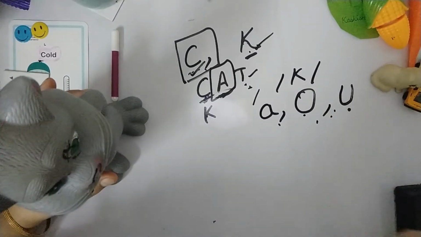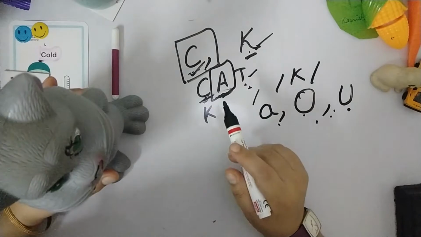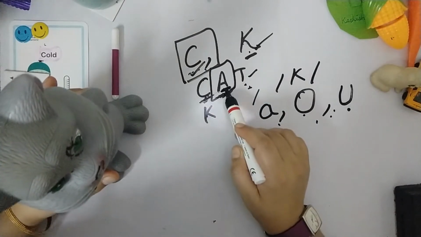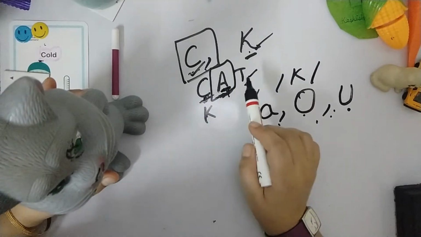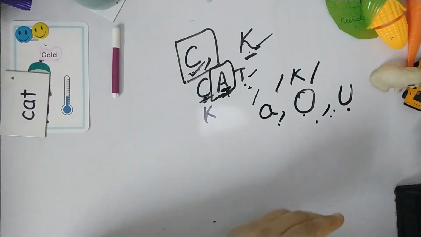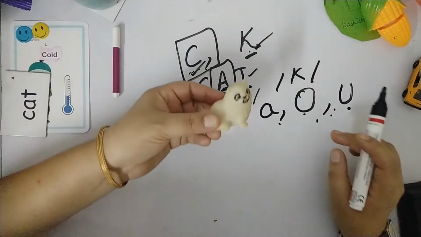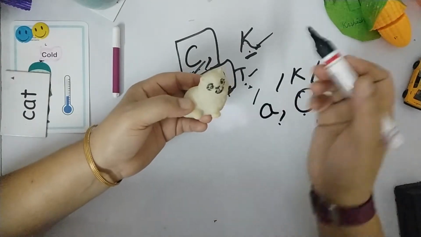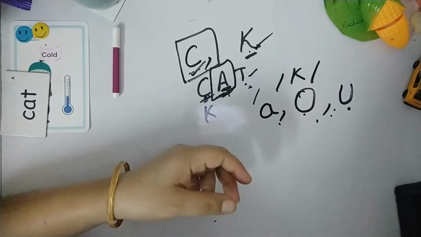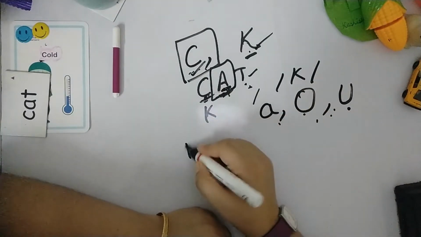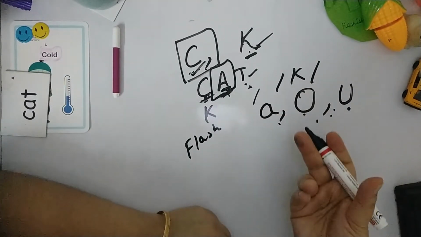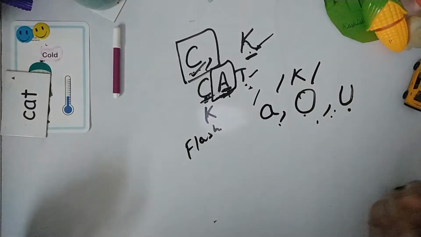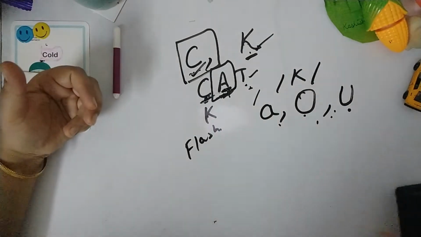With the help of phonics only they'll catch it, like okay, cat. After the K sound they are hearing A, so that's why they will use C here: CAT, cat. Or if you don't have this kind of cat, you can also use a smaller version of this, it's the same thing. You have to write A, O and U so that the toddler can take interest in whatever you are teaching. And if you don't have this, then you can use any flashcards. If you have a flashcard or any other picture of a cat, or an old cutting or picture of a cat from their old books, you can use that also. So this is one example.